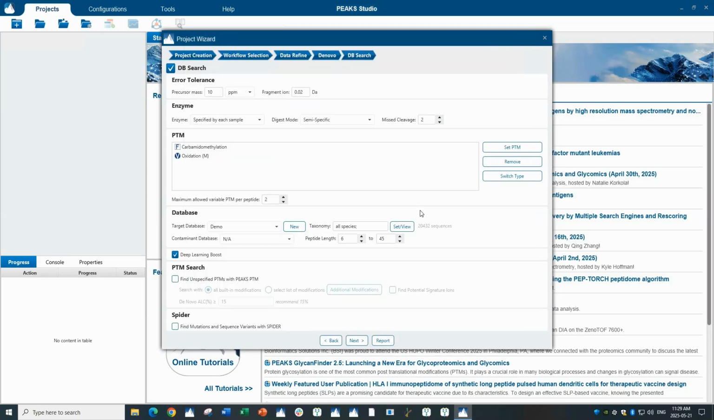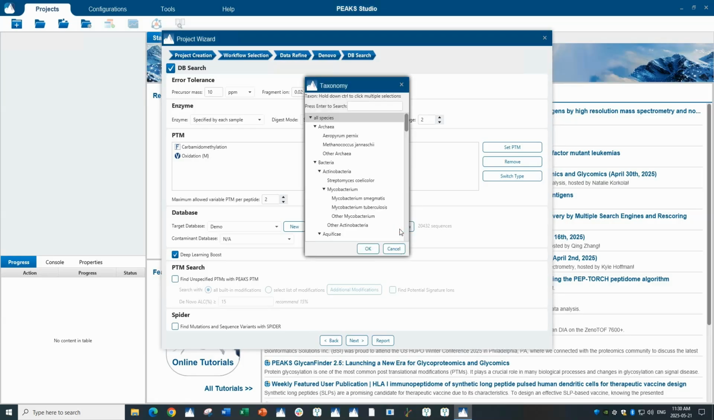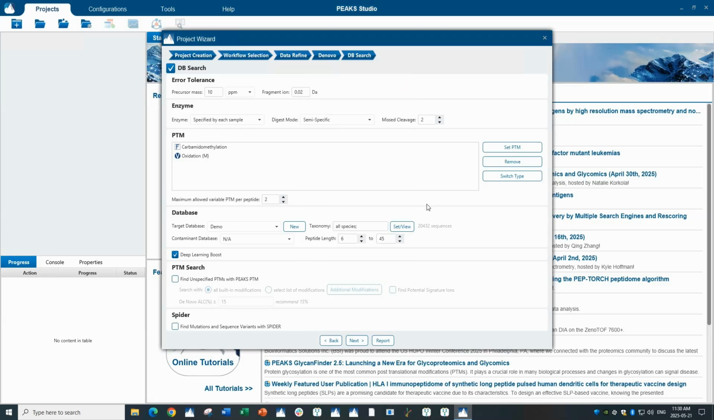If you are using a multi-species database from Uniprot, the taxonomy can also be filtered here. Pay attention to the number of sequences listed here and make sure that it matches the expected number. A contaminant database can also be added. The contaminant database sequences will be concatenated to your target database and they will be searched together in a single round search. A limit on peptide lengths to be searched can also be set here to a maximum of 65